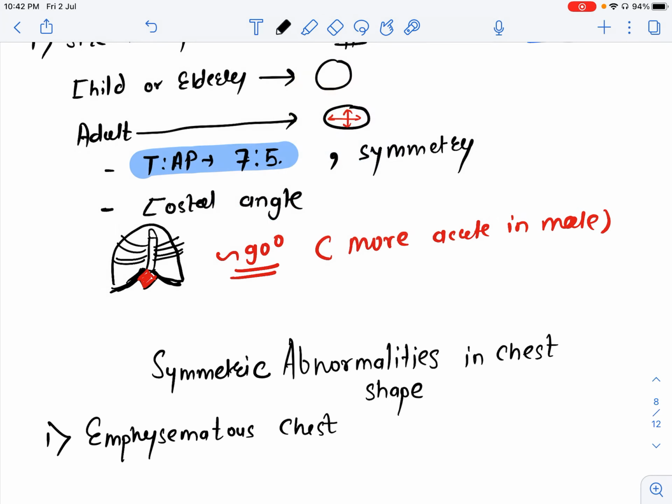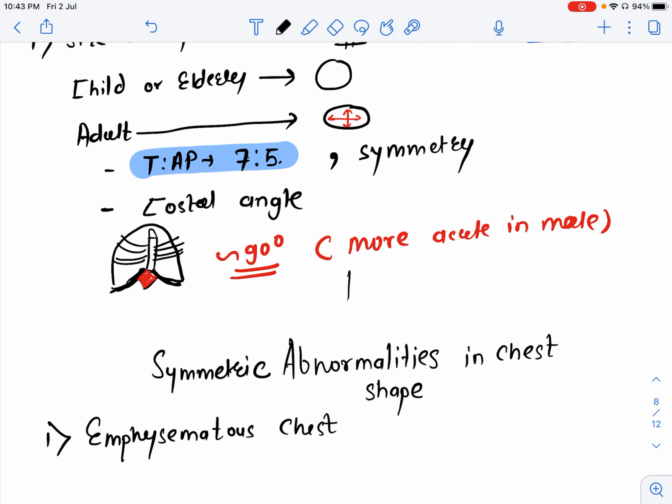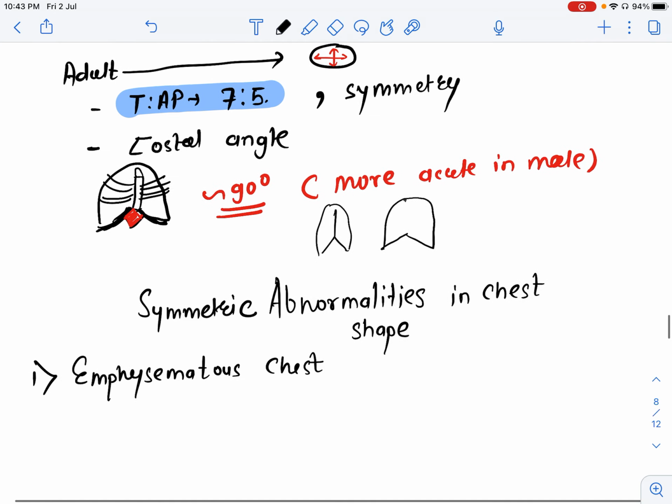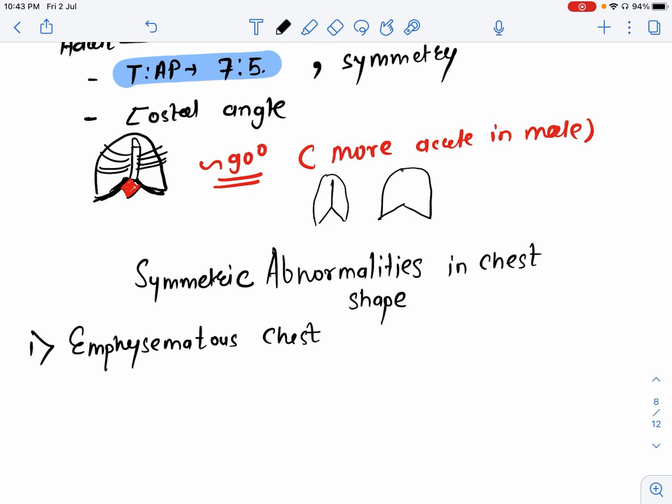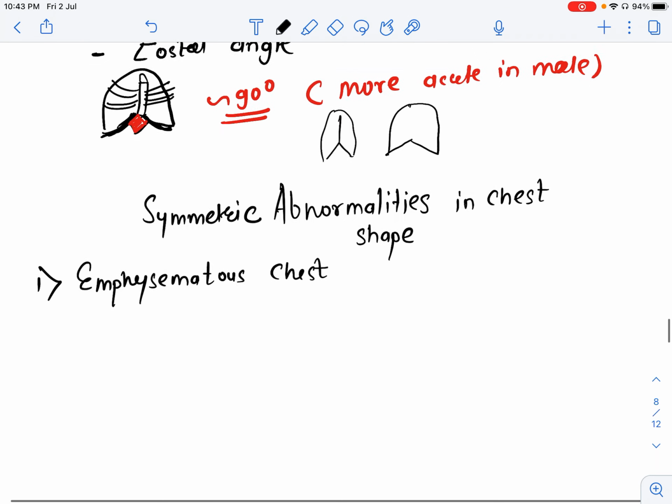So a male chest will be something like this, when you compare it with a female chest, where the angle will be a little more broad. Now, after defining how a normal chest of an adult, child, and elderly person is, we will come to the